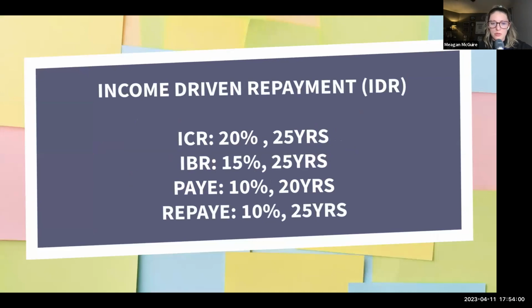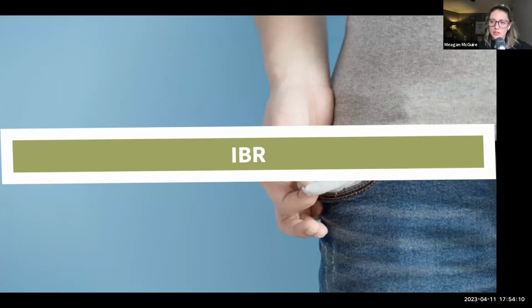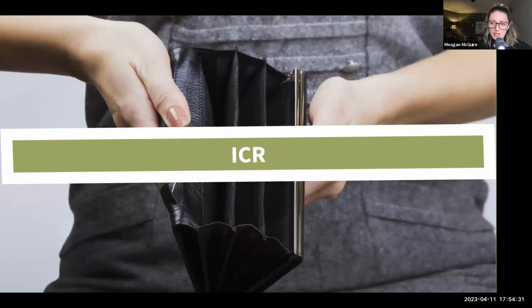And we talked about those income-driven plans. We talked about PSLF. Now, using the wrong repayment plan is another mistake that I see. Folks get on maybe IBR, income-based repayment, because they think that's what they need to be on for PSLF, but they're eligible for REPAYE or PAYE, which is based on 10%, so it's cheaper. So pay attention to that, as there are 4 different income-driven plans. It's not just one, and we want to go on the cheapest one. ICR is the most expensive income-driven plan. We don't want to go on that. We want to be on one of the cheaper ones.